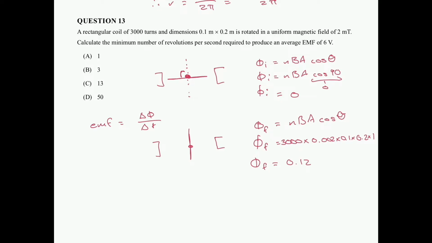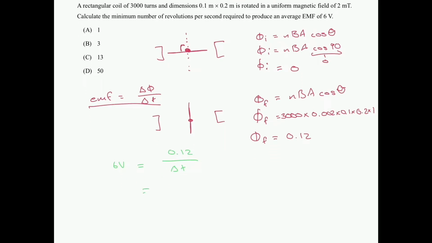So now let's go back to our EMF equation and figure some stuff out. Our induced EMF should be 6 volts. So 6 volts is going to be equal to the change in magnetic flux, your final minus your initial, over the change in time. Our initial is 0, so we're left with 0.12 over our change in time. We don't know the change in time, but we can rearrange this equation to find it, which is just 0.12 divided by 6, which ends up being a change in time equal to 0.02